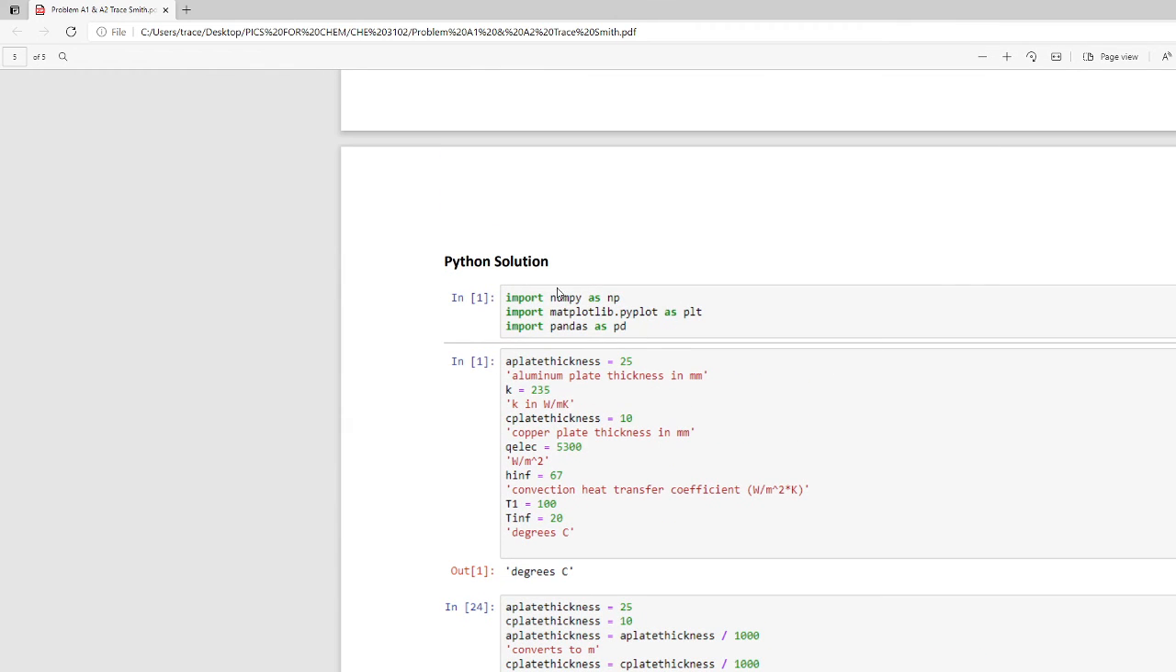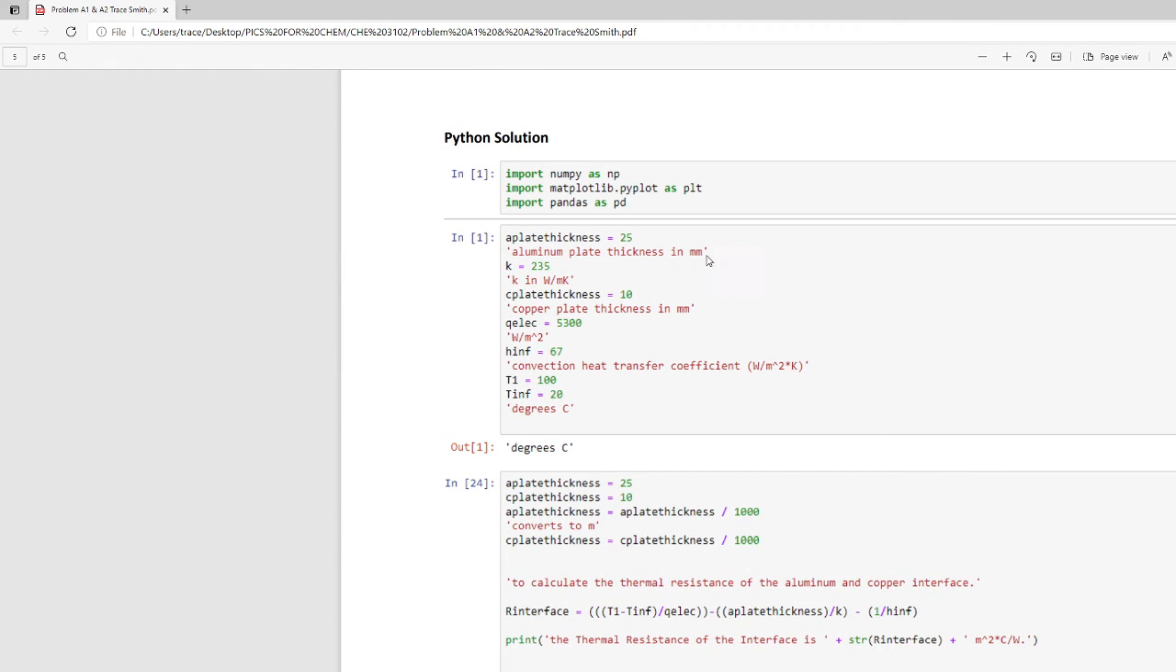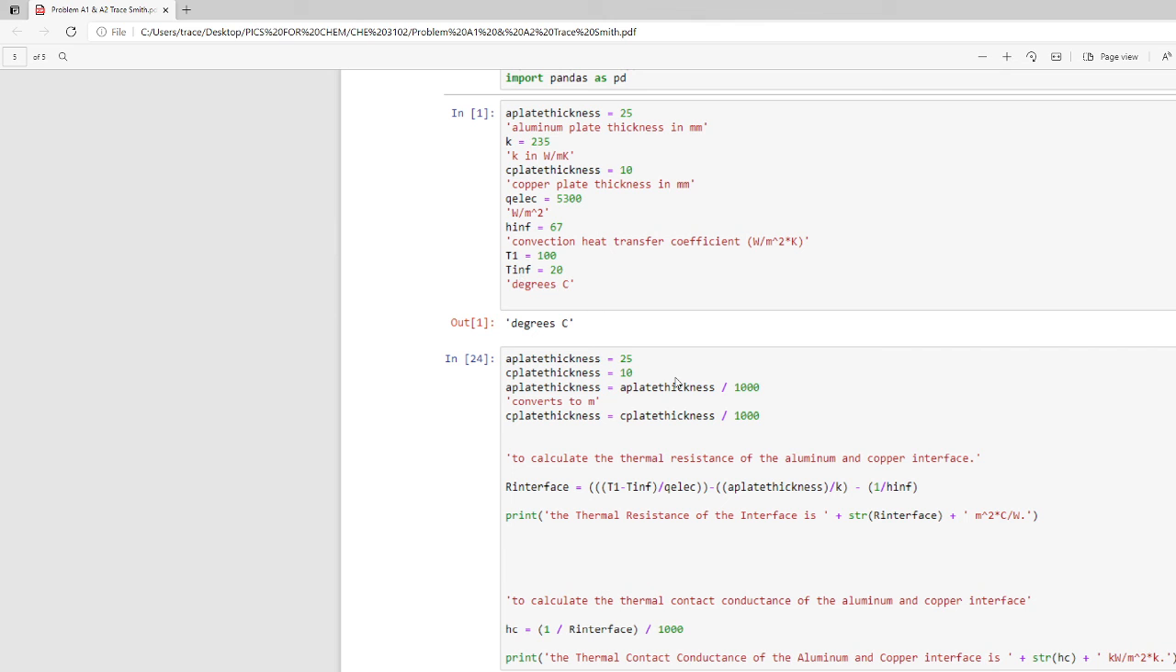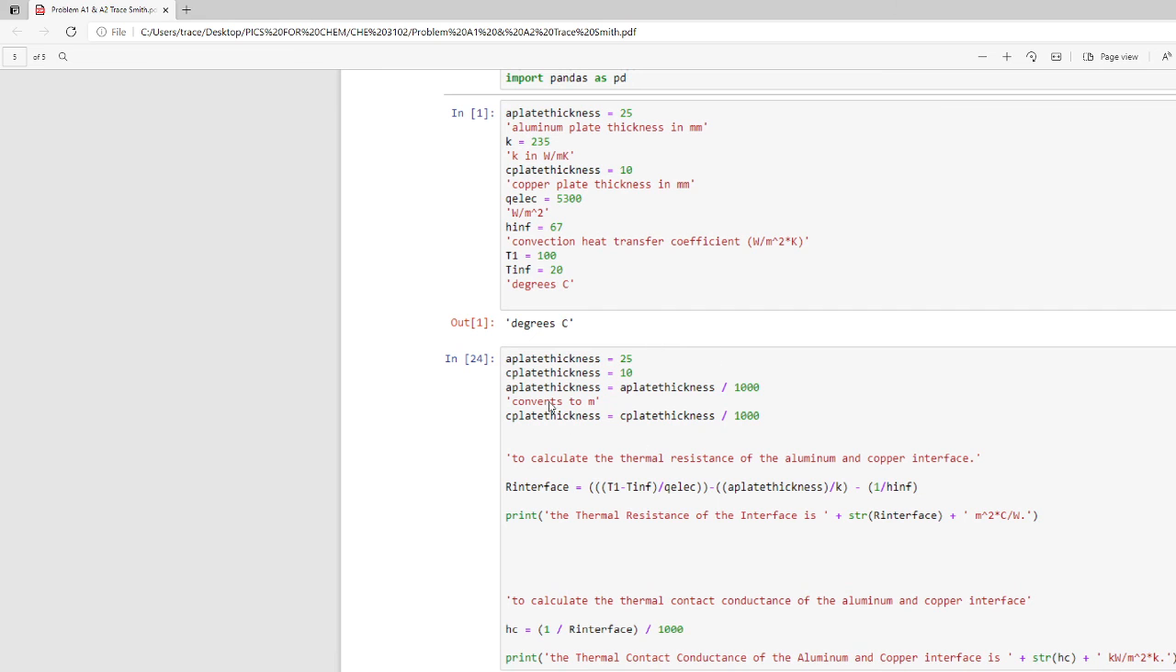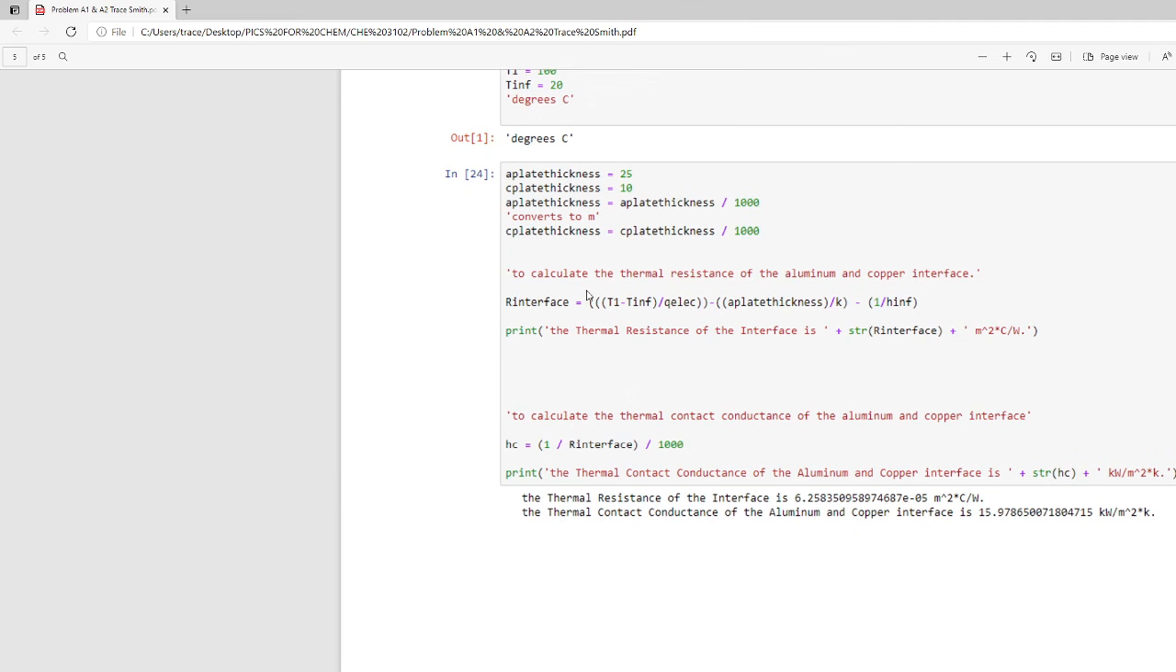And then, once I'd solved it by hand, I went and solved it in Python. So I imported these as before, put what the aluminum plate thickness in millimeters, copper plate thickness in millimeters, our K value, our convection heat transfer coefficient, and our T1 and T infinity. And then once I initialized those values, it was pretty self-explanatory compared to the other problem, where I used the thickness. I converted both thicknesses to meters, and then I did the resistance of the interface equal to that same formula shown before, just in Python, and then